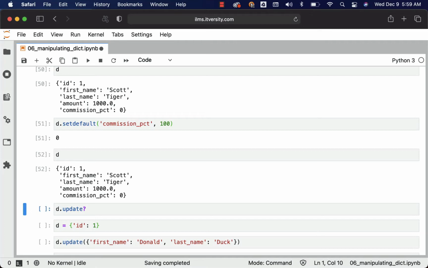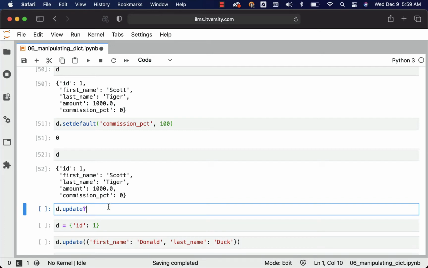If the key does exist, it just returns the existing value. It will not update the value if the default value passed as part of setdefault is different from the existing value. The existing values will be intact and they will be returned. Only if the key doesn't exist, it will use the default value and add the element to the dictionary.